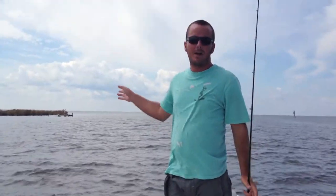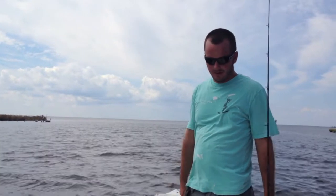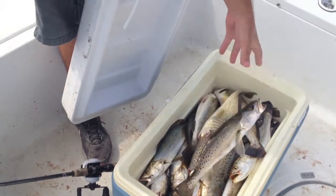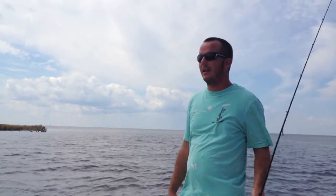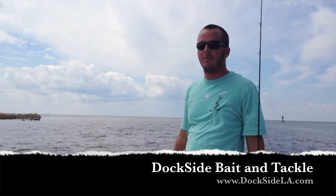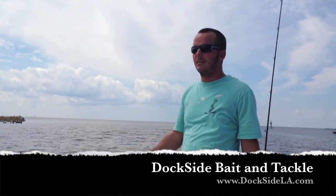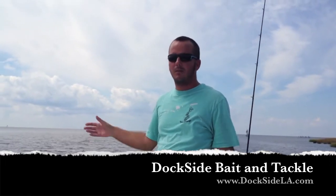Alright, we're coming to the mouth of the lake again here, about to get on plane and call it a day. It was a pretty successful day. We got 30 or so specks and about a dozen white trout, and this is going to be pretty much your main pattern for, I'd say, the next 3 weeks to 6 weeks, until the water temperatures get around the 70-degree mark. That's when we'll start coming back out in the lake and fishing the bridges. But while it's in the mid to high 70s, you start getting them first cool fronts. The white shrimp are coming in these